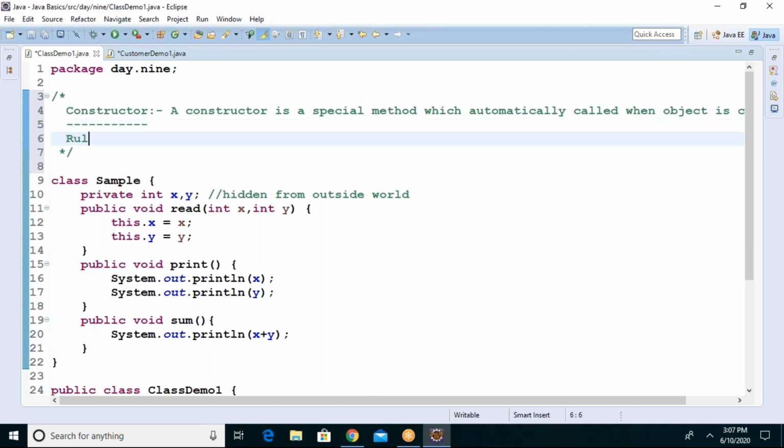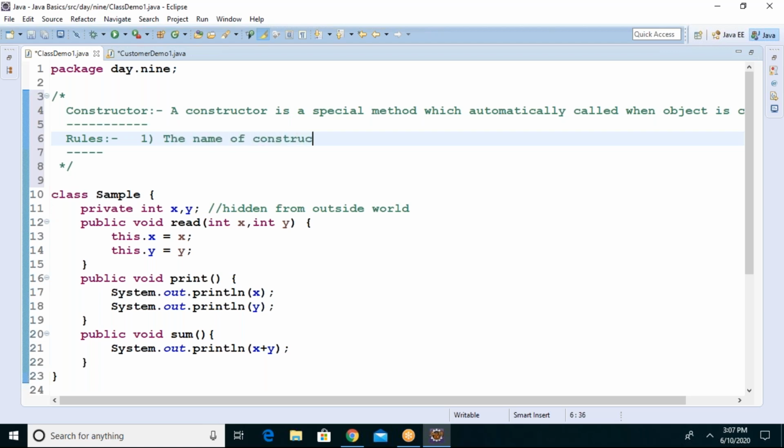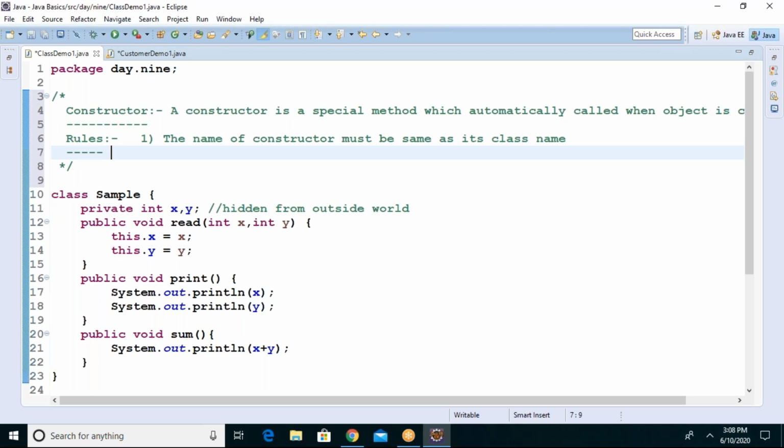Now let us come to the rules to create a constructor. Number one, the name of the constructor must be the same as its class name.